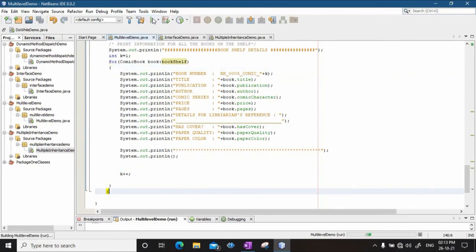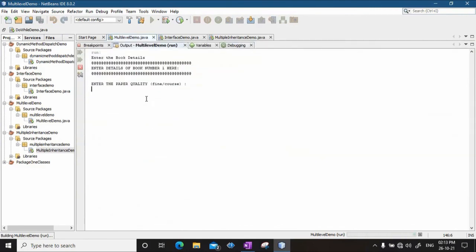Okay, if I run this program, it will ask me to enter the book details. Enter the details of book number 1 here. Paper quality, suppose I say fine. Paper color, off white. Is the paper cover intact, say true. Enter the number of pages in this book, say 300 pages.